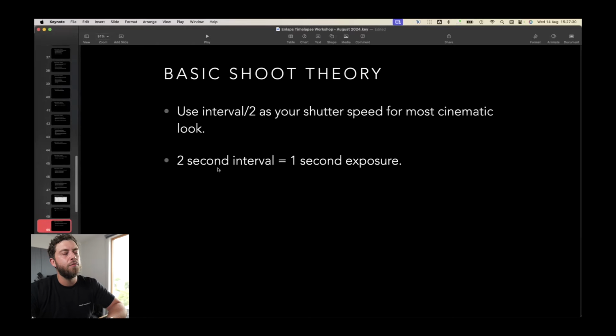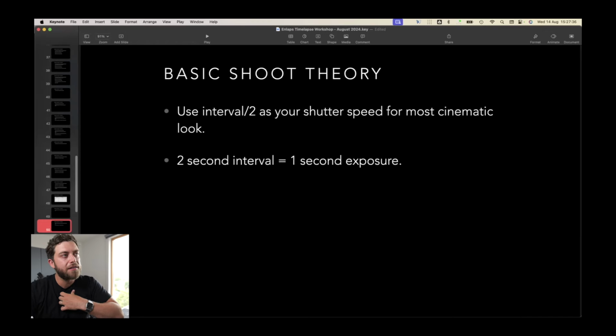So let's have a look here. I'm shooting photos, 1 photo every 2 seconds. I should be using a 1 second exposure. I generally tend to maximally, my maximum length of exposure for how I shoot is probably half a second to 1 second. Now, to get that half second or full second,